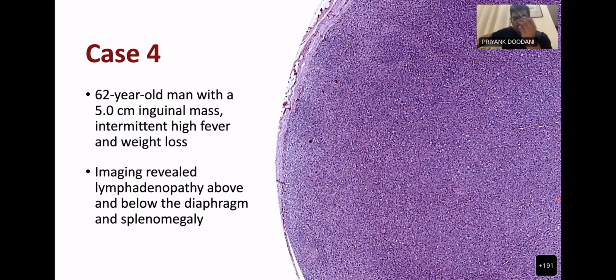The capsule is intact, but the rest of the architecture is completely effaced by the tumor. What I could appreciate was that the tumor cells could have some amount of cytoplasm, based on the pinkish, more eosinophilic hue, as we can see. If they were totally cells with scant cytoplasm, we would see a more small blue cell-like picture. Right, excellent observation. So if you see something more pink, you are going to think about